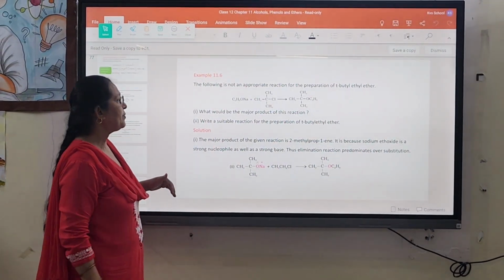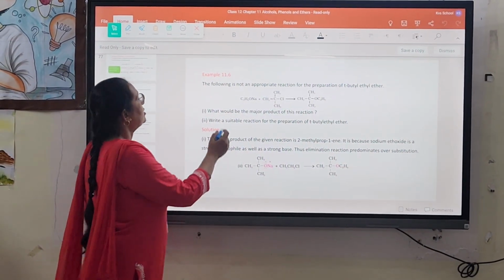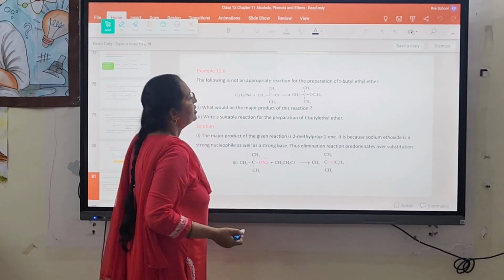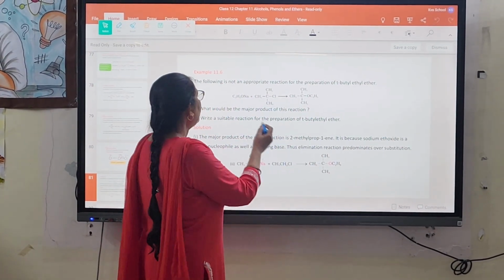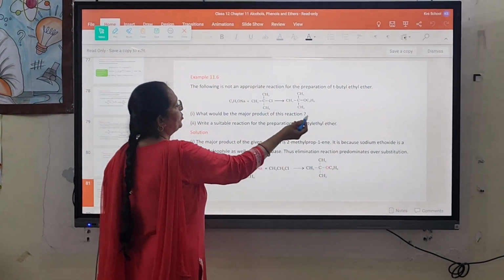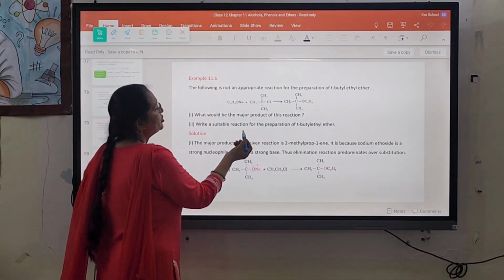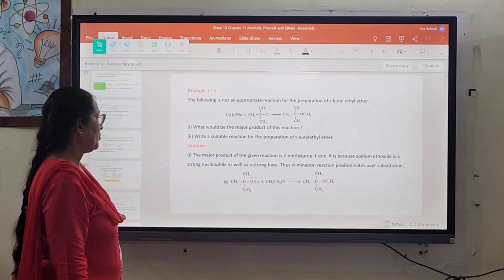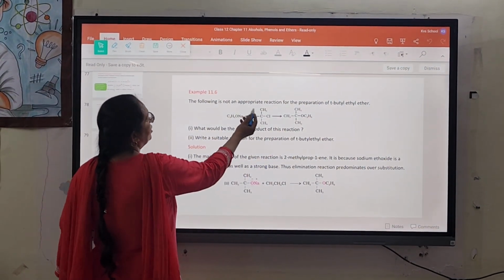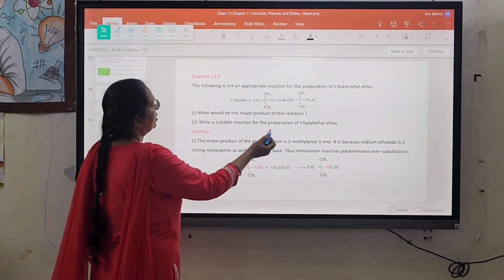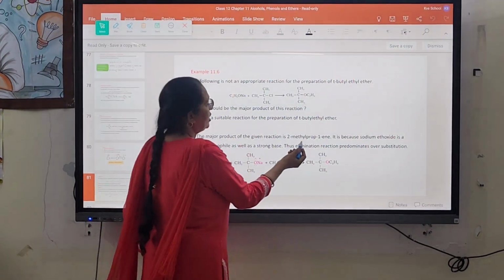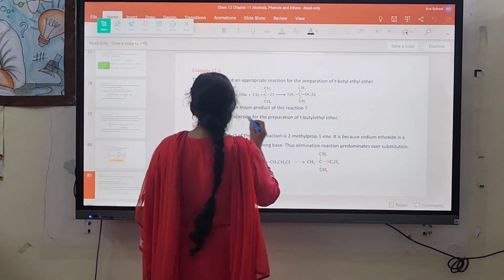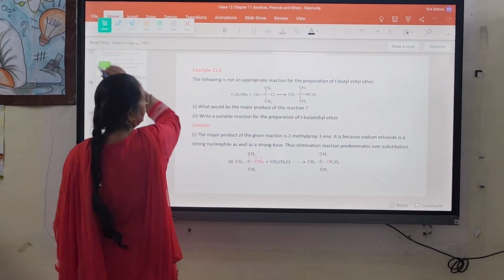This is one of the examples: sodium ethoxide reacting with the tertiary alkyl halide. What would be the major product of this reaction? Write a suitable reaction for the preparation of tertiary butyl ethyl ether. So the reaction cannot take place. The major product by this is the alkene. Here the alkene will be formed, not the ether,